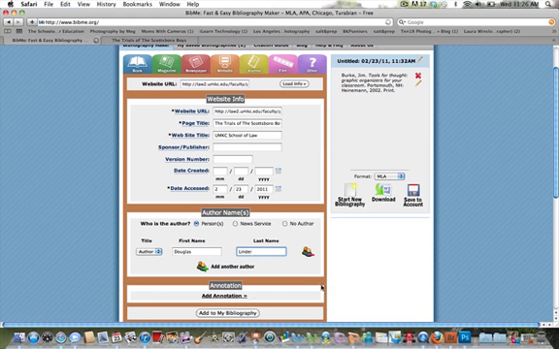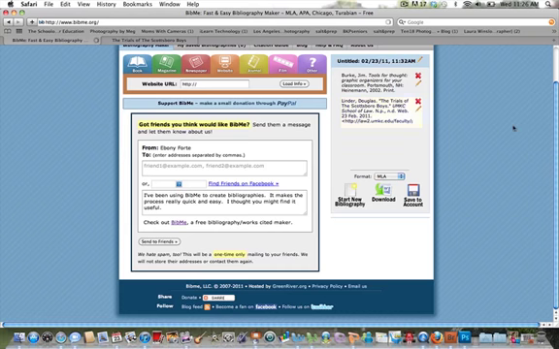Linder. And then just click. If it only has one author, then you'll leave it there. If you need to add another author, you can see you can do that there. And then the last thing you're going to do is click Add to My Bibliography. And there you have your